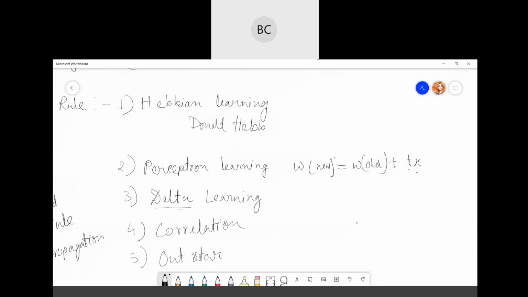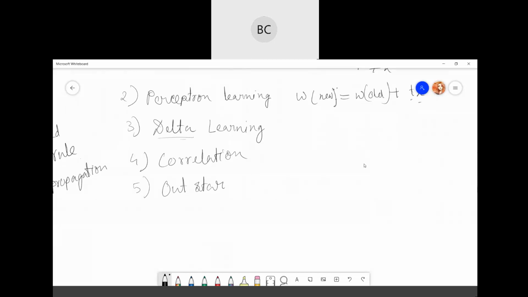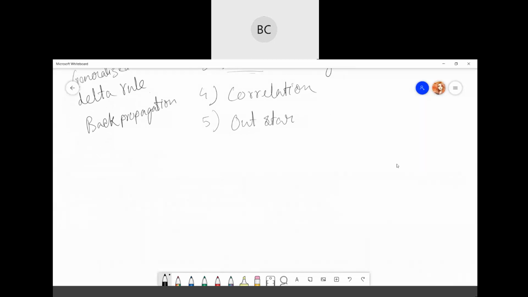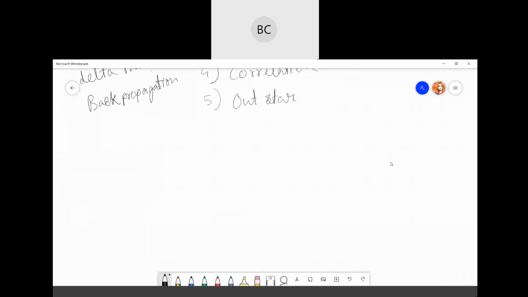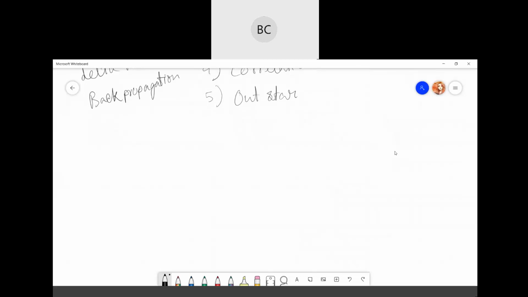If you have two classes, then if t is not equal to the output, we update the weights. These learning rules are nothing but your training process, how your neural network learns. You have to give training, right? And based on the training, it will learn something.